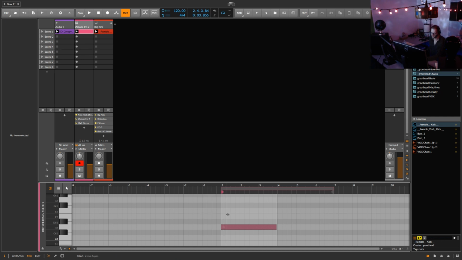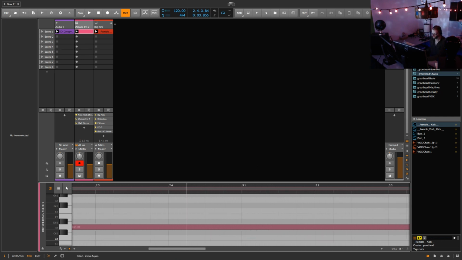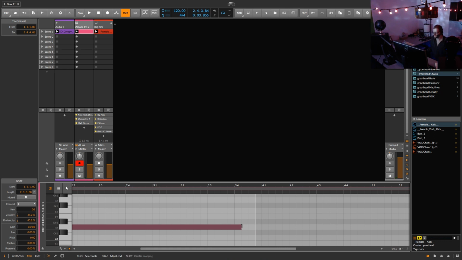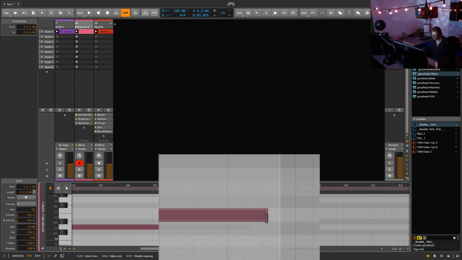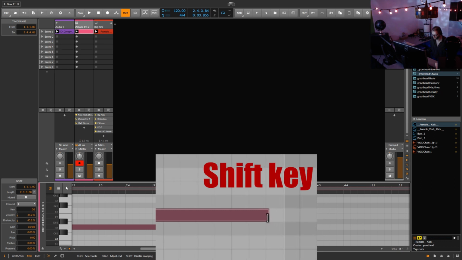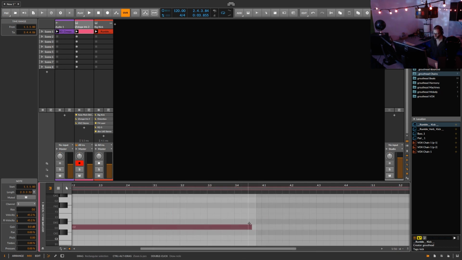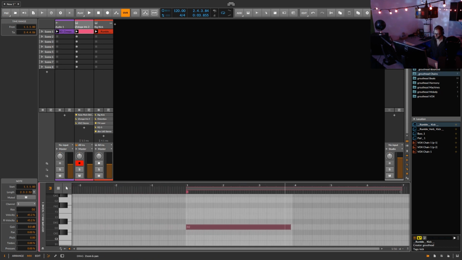But oftentimes when you put these notes in, I already quantized this one here, and so you can see that it's set to a 16th note. The note is only going to lock to the 16th note, but if you hold Shift, you can get right in between. You've got to hold down Shift, okay? So we're going to put that right in between just to show how this Quantize tool works,